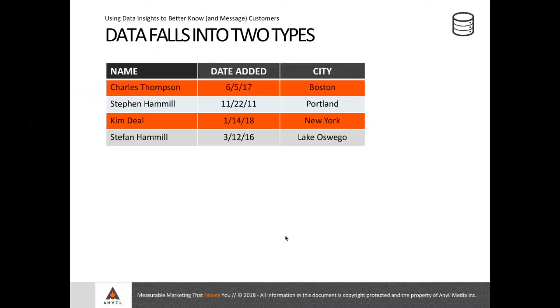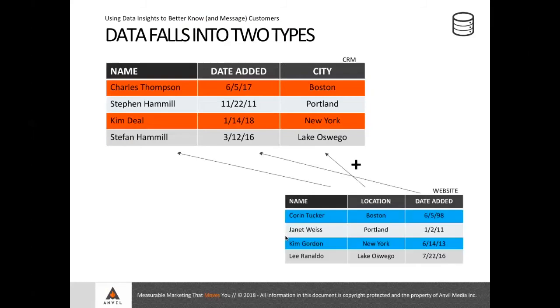Structured data is anything that is consistently capturable, and we understand the context of it. So in the case of a name, it's structured in that we know what the data in that field is representing. Same thing with a date added into a database or the location someone maybe lives in. And the nice thing about structured data is we can take two different databases, maybe a CRM up above and some visitors to our website down below.